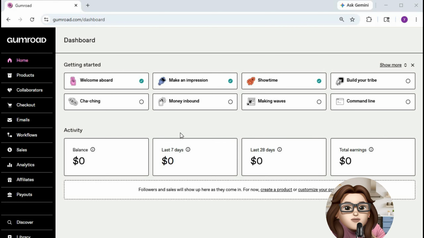In this tutorial, I'm going to show you how to add tax information on Gumroad. First, open Gumroad in your browser and sign in to your account. Once you are inside your dashboard, you will see sections such as Products, Sales, Analytics and Settings on the left